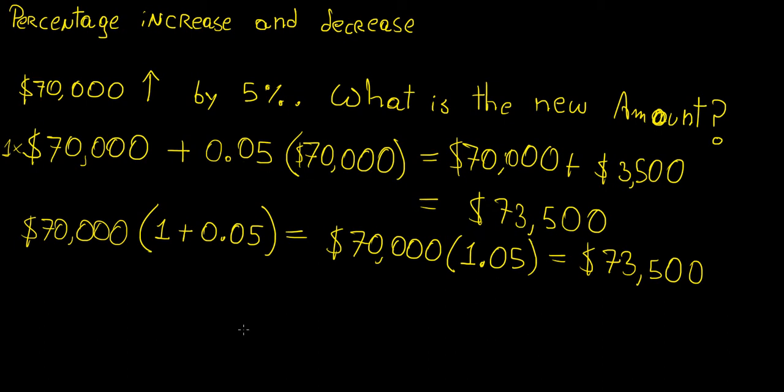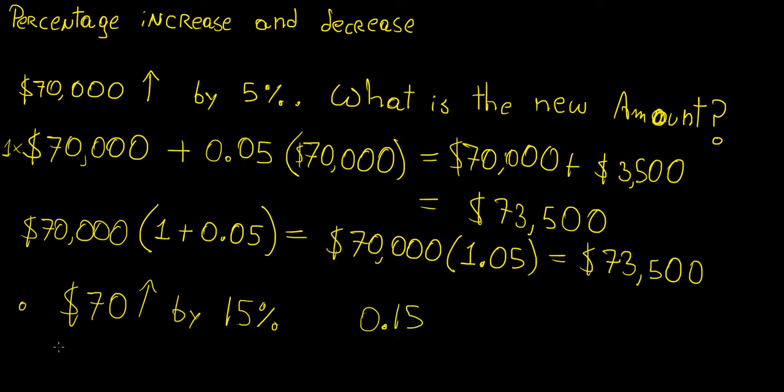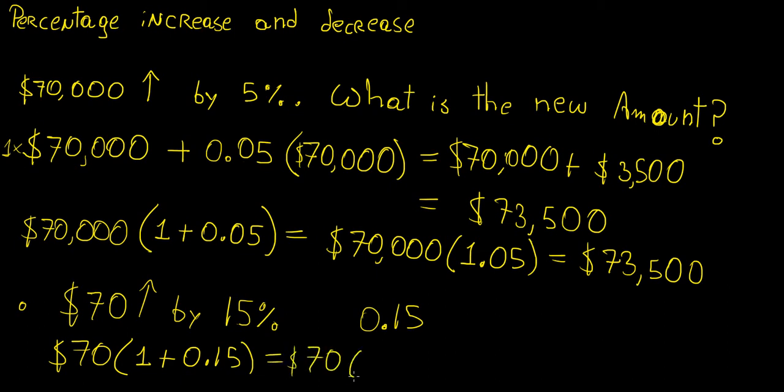So just to do another example, let's say that we wanted to increase $70 by 15%. In that case, what we would do is convert 15% into a decimal. That's 0.15. And now we're going to have $70, which is the original amount, and now we're going to have 1 plus 0.15, which is 70 times 1.15. And now if we put that in your calculator, it becomes